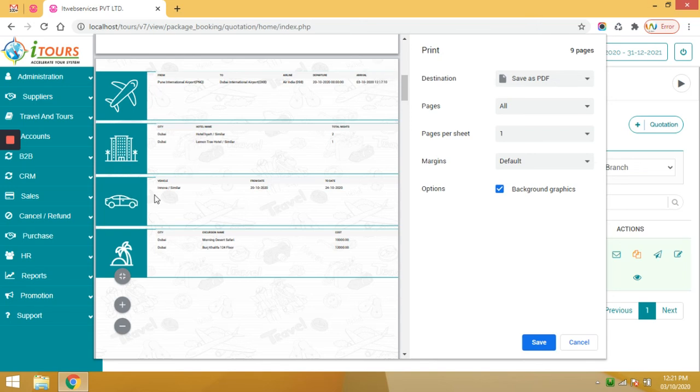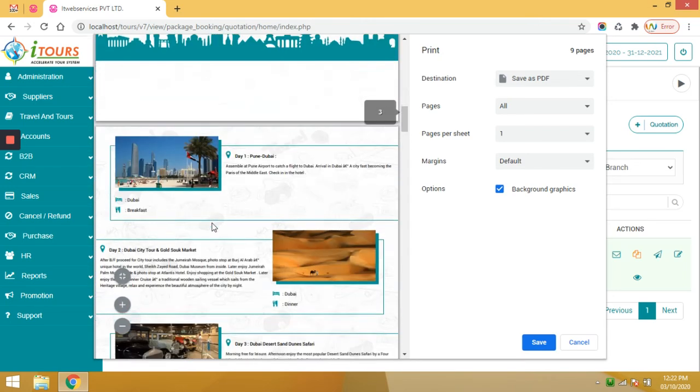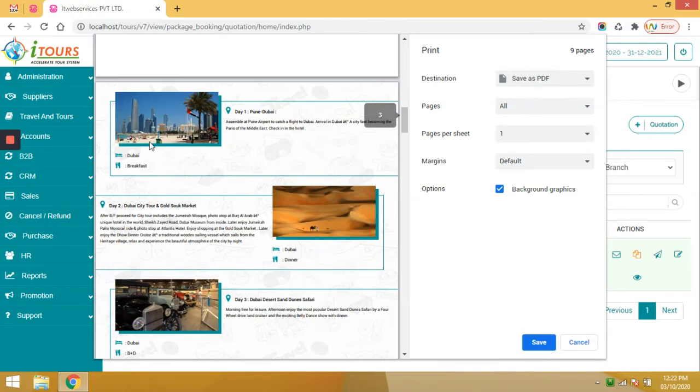In the day-wise itineraries, sightseeing image of day 1, special attraction of day 1, detailed program, overnight stay and meal plan. So this is your day-wise itineraries.